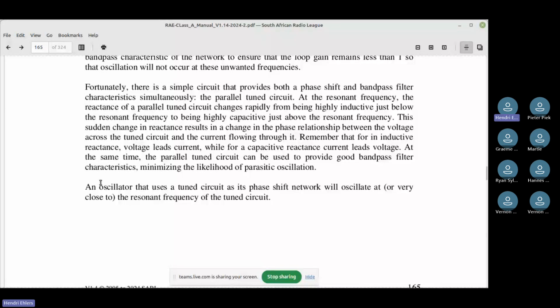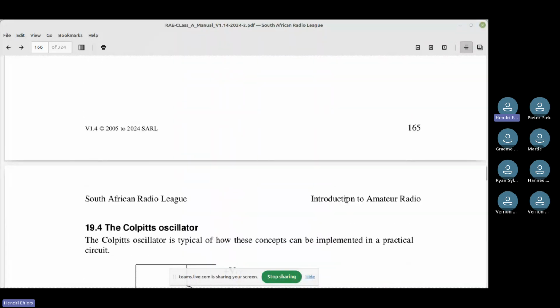Right, an oscillator that uses a tuned circuit as a phase shift network will oscillate at very close to the resonant frequency of the tuned circuit. They want to say at, but it might be slightly off. And that's why they can't just say that, because then some people will jump up and down and say it's impossible.